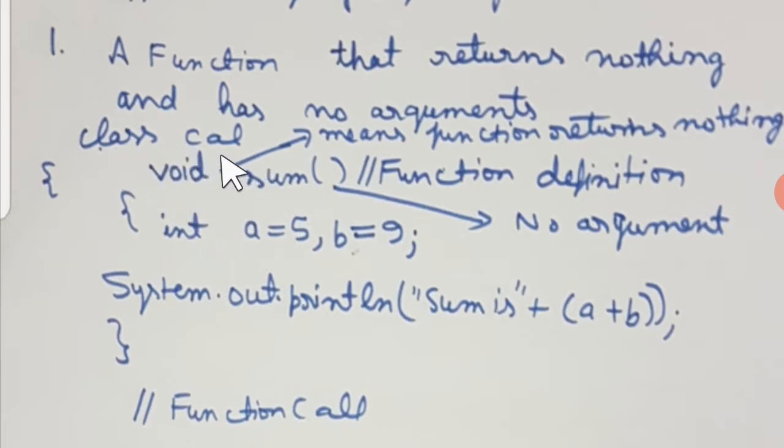So here you can see class cal I have written. It starts the class definition, then inside that there is a function definition, and this opening curly brace begins the function definition. So this opening brace belongs to this function, and this opening brace belongs to the class. Students, here I've taken two variables of int type, int a comma b. a is initialized with 5, b is initialized with 9, and it's all terminated with a semicolon.